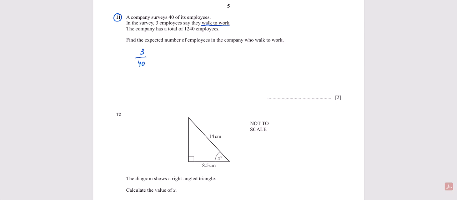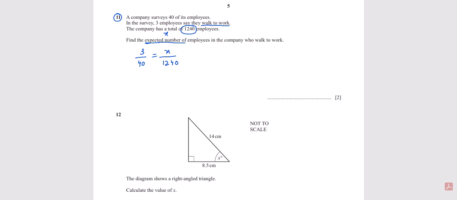The company has a total of 1240 employees. Find the expected number. Let us say that the expected number is X of employees in the company who walk to work, is equal to expected number divided by total employees. The total employees is